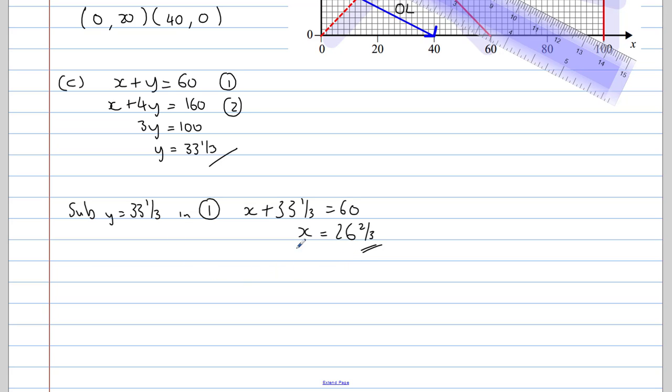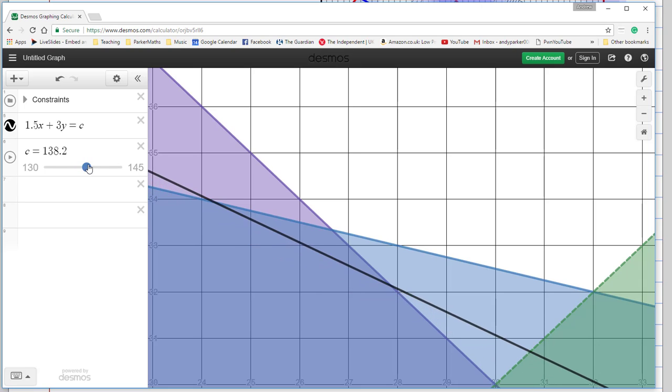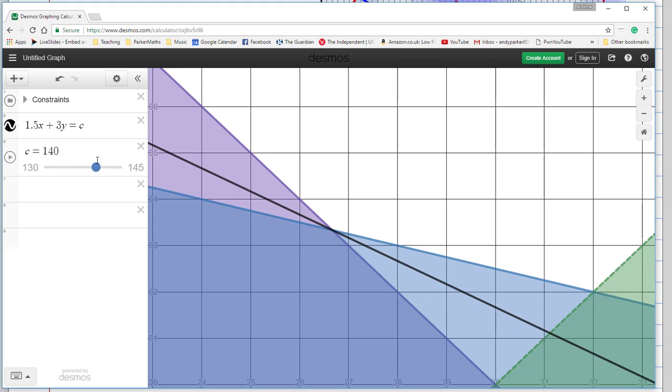In order to help illustrate what I'm going to do next, I'm going to draw this on Desmos, which you wouldn't be able to do in your exam, but will help you understand what's actually going on. So this purple line here is one of my constraints, and the blue line is one of the others. And the objective line is in black here, which I'm going to move, but it's going to stay parallel to this line here. So what we've done so far, as the objective line moves up towards the feasible region, we have found this specific point here, which if we were allowed decimal answers, we would have a minimum cost of